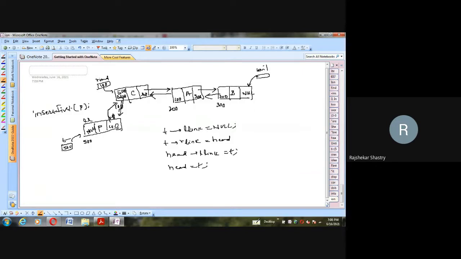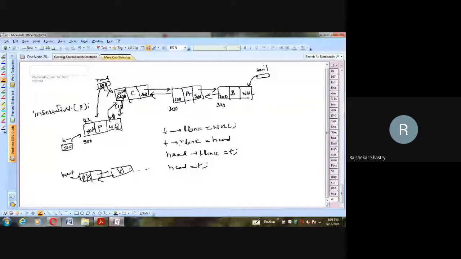So T is 500. So head, now 100, will be removed. You'll have 500 here. Thus this link will be removed and you'll have a new link called head which is pointing to the first node. So the overall picture now looks like this. This is my head pointing to the first node, holding P, left link is null, right link is pointing to C. And C's left pointer is pointing to T. Like this it goes. These are the four statements which are enough to insert a new node in the beginning or in the first.